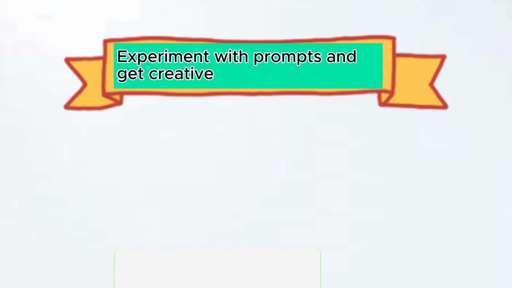So that is it. Now you know how to generate and edit any type of photo using Google Gemini